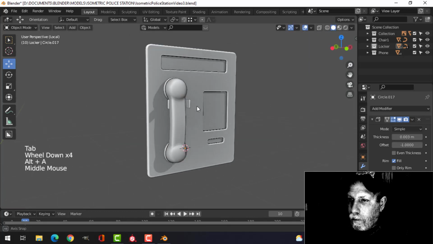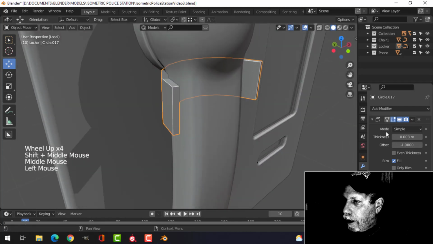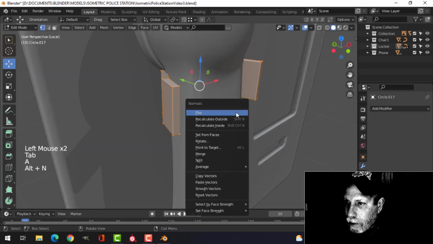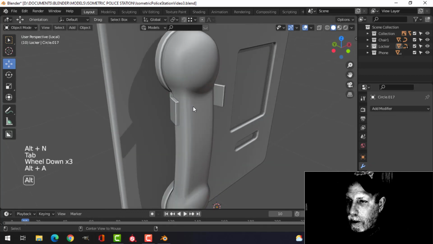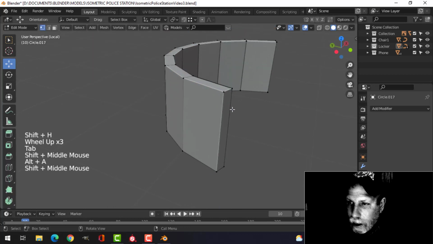Just look at it. I'll flip the polys in a bit. That's what I'm going to go for. I'm going to go ahead and apply that. Let's come in, Alt N, recalculate outside, and then just focus on that. Shift H, and